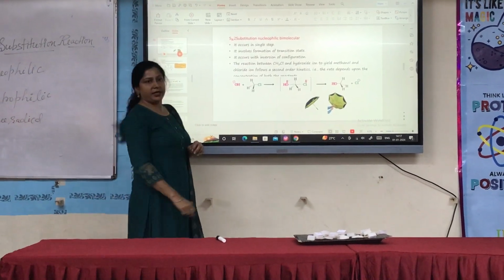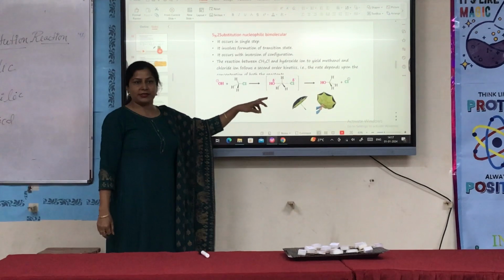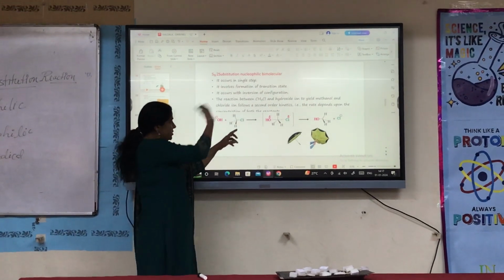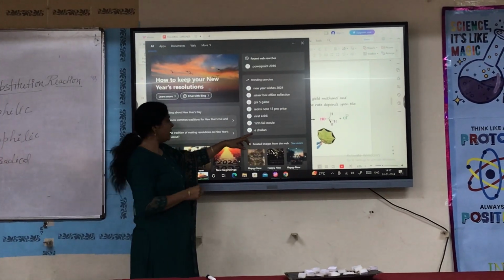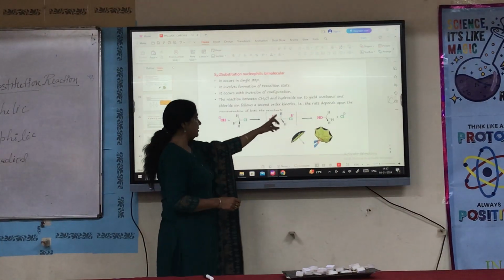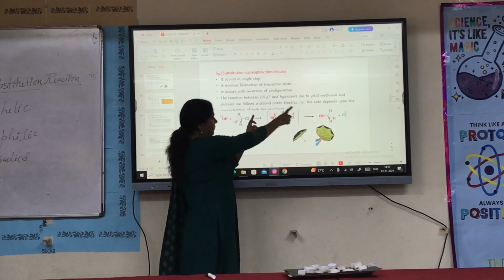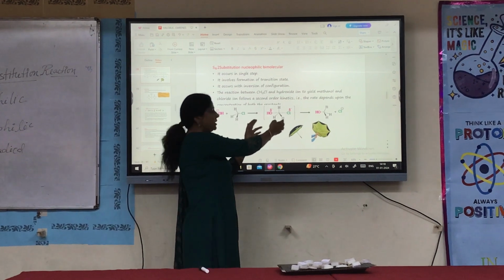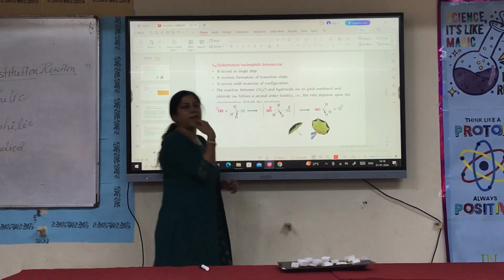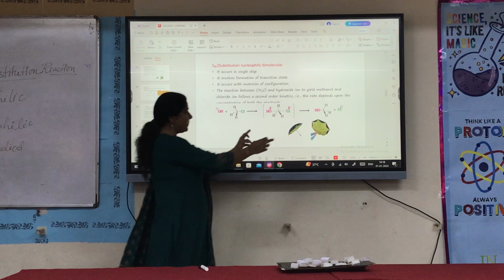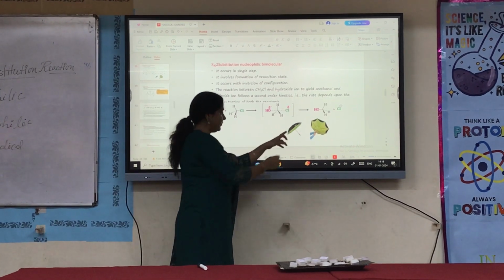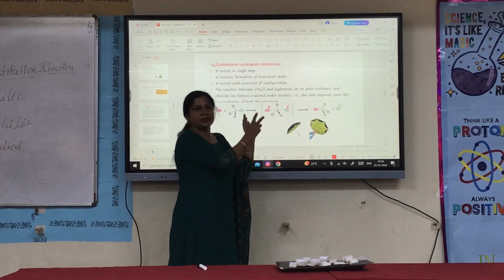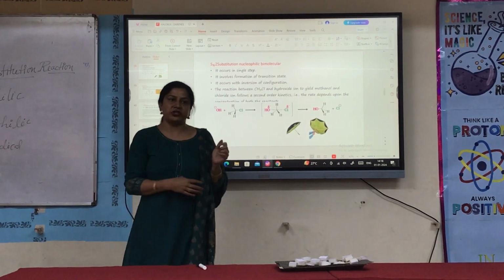Now this is the SN2 mechanism. It occurs in a single step. In the first part, the attack will be from the side opposite to the already existing leaving group. Then there will be a transition state which shows carbon with pentavalency, but that is not stable, and then the compound is inverted. You can compare this with an inverted umbrella. The first compound is this one, and after SN2 the umbrella is inverted. That is known as inversion, Walden inversion.